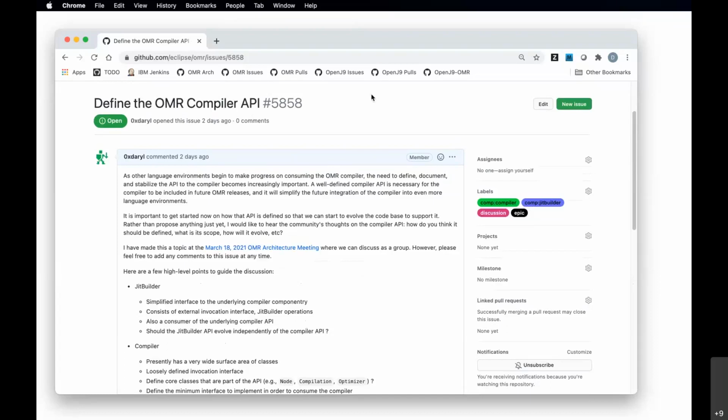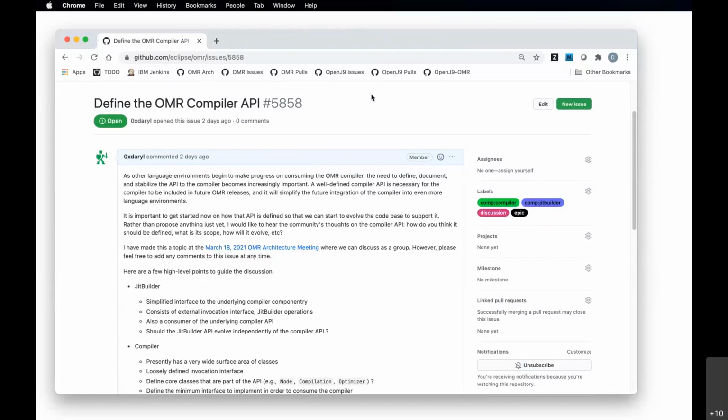For that particular release, we said that only a few components of OMR were ready to declare some stability on their API, and that was the port library and the garbage collector. But the JIT compiler and JIT Builder were not part of that. Even though those components are functionally stable, the API isn't.